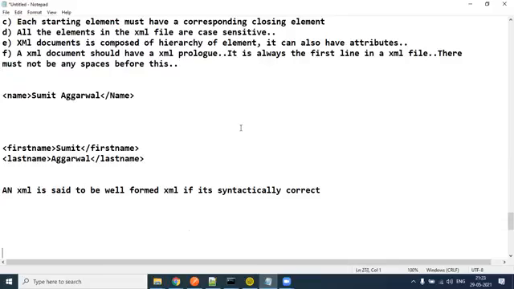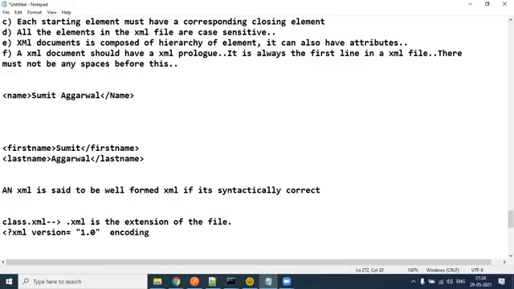When you are trying to write an XML file, for example, let's say class.xml. Here .xml is the extension of the file. When I start writing it, I will start like this: xml version equal to 1.0, and then I will write encoding, because whatever data we are writing